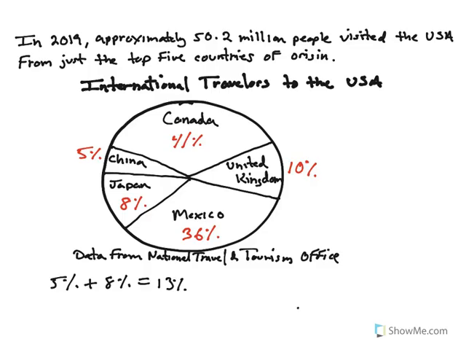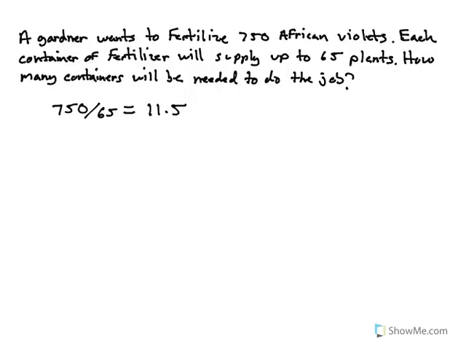So another simple example, if a gardener wants to fertilize 750 African violets, each container of fertilizer will supply up to 65 plants. How many containers will be needed to do this job? Well, if you have a total of 750 African violets, and you know that each container contains 65 plants, we can take 750 and divide it by 65, and you will get 11.5